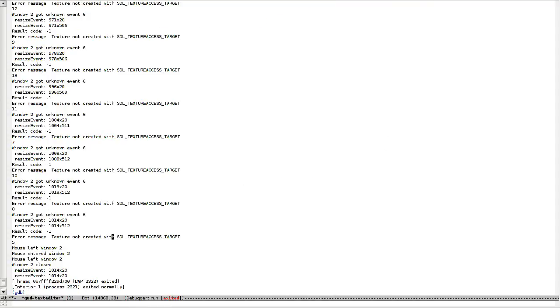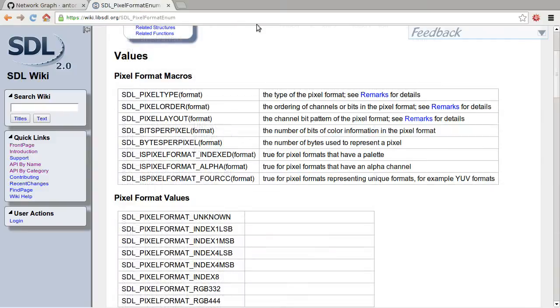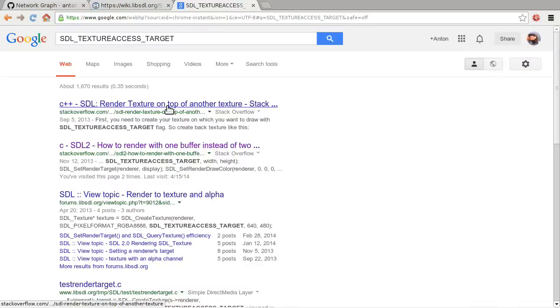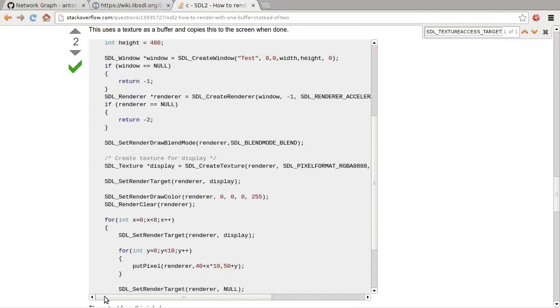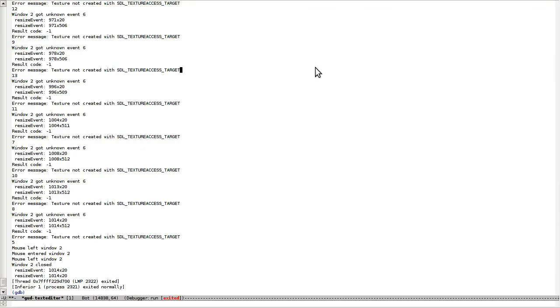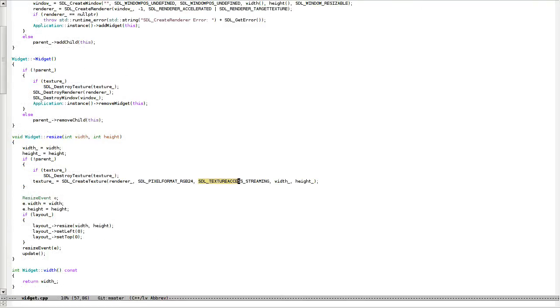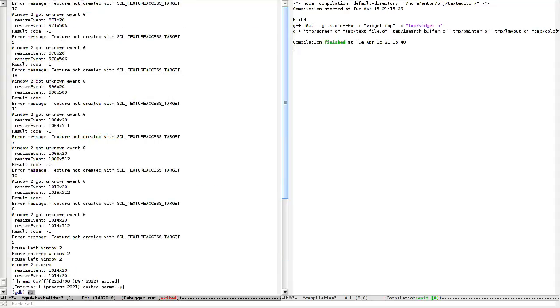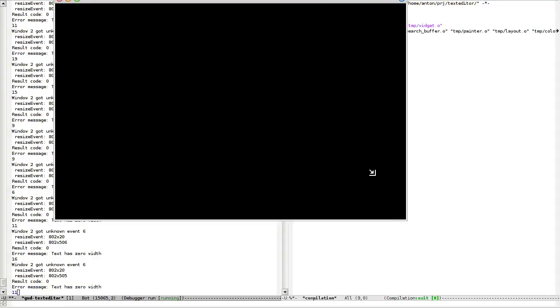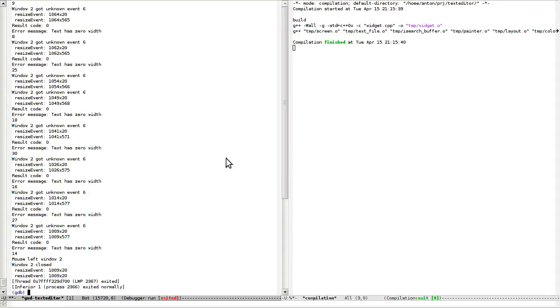SDL texture access target. I'm sorry. Huh. Oh. Okay, instead of streaming, I have to tell texture access target. Yeah. And now